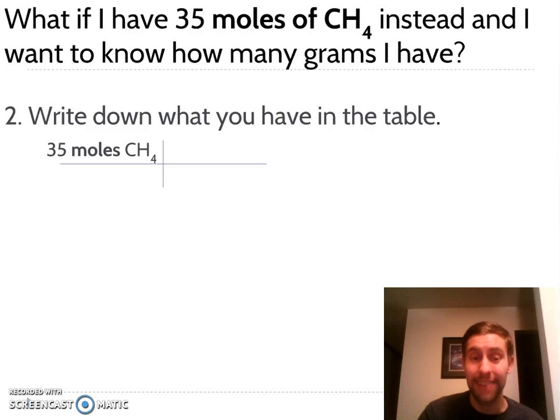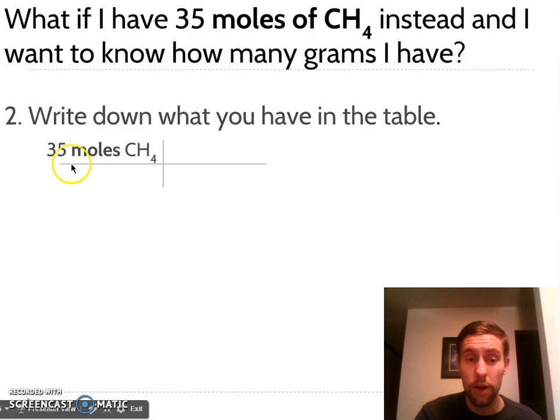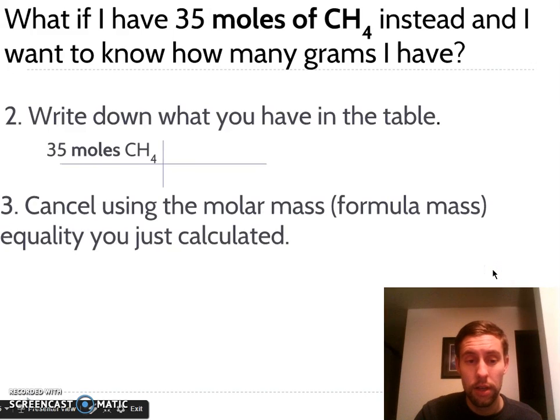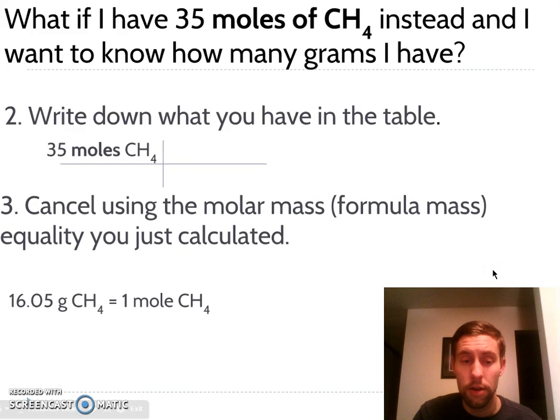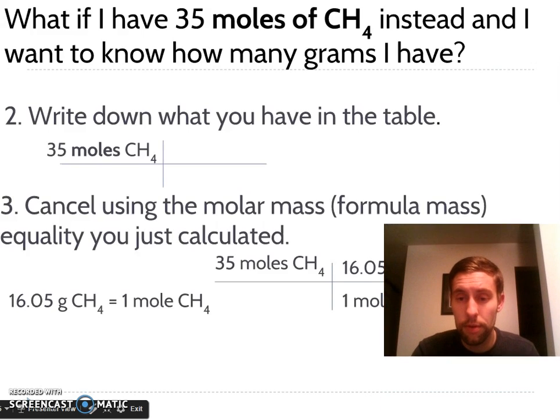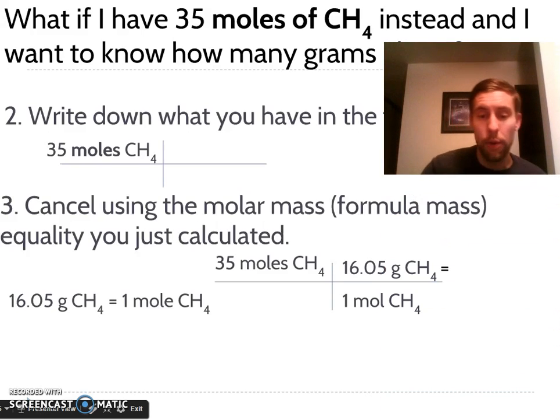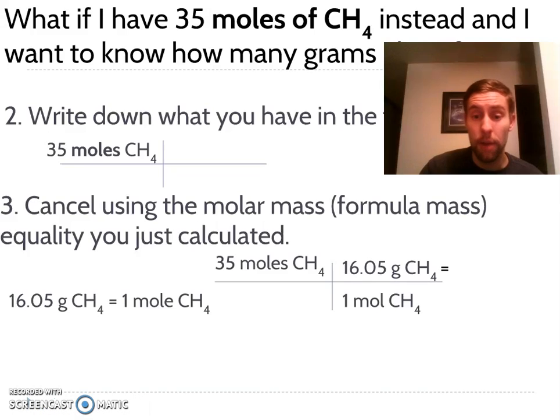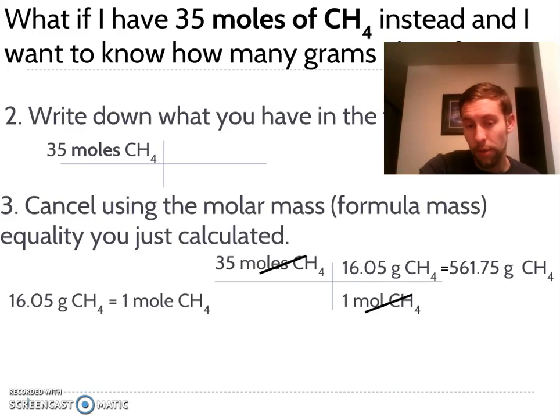But again, that unit has to cancel, so it's got to go from moles of CH4 up here. It's got to go on the bottom so it can divide out. So moles divided by moles will go away. So use that molar mass in there. Put the moles on the bottom, the other part on top. And when we do the math here, we're going to get a much bigger number because that 1 on the bottom, which we're worried about, we're just going to multiply the 35 moles up here times grams. We get